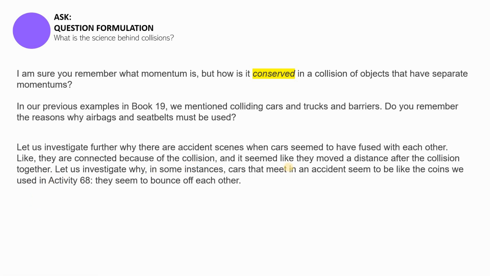Yung halimbawa, this car is speeding and then another car is speeding, and then let's say that they met head on. Nag-stuck sila with each other, tapos yung isang car that has maybe a greater momentum, parang tinulak niya yung nakabanggaan niyang car towards the direction of its momentum, right? Now, we'll be investigating why, in some instances naman, cars meet in an accident seem to be like the coins